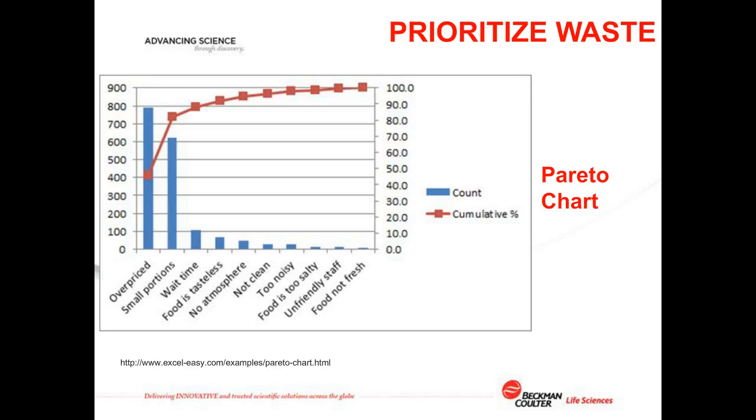If you would ask the owner of this restaurant why customers are unhappy, he might have said, because he might have gotten a few complaints to his face about it, that, oh, it's terrible atmosphere. I need to improve my atmosphere. But if you actually go and get data and ask your customers what they didn't like about your restaurant, it turns out that many of them felt it was overpriced, and many of them felt they were small portions. And if you then rank these